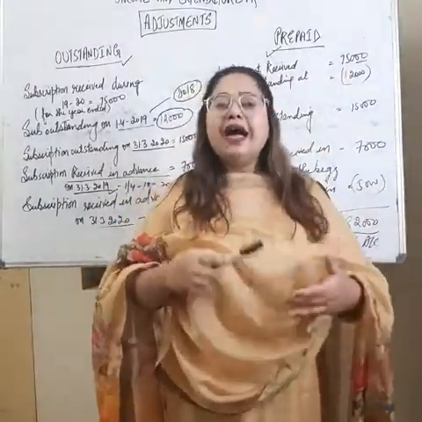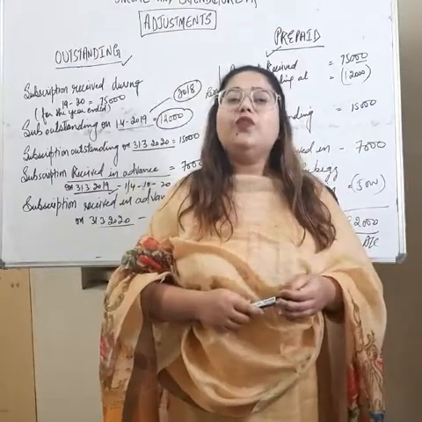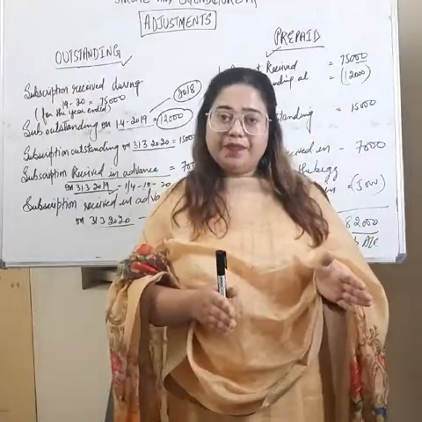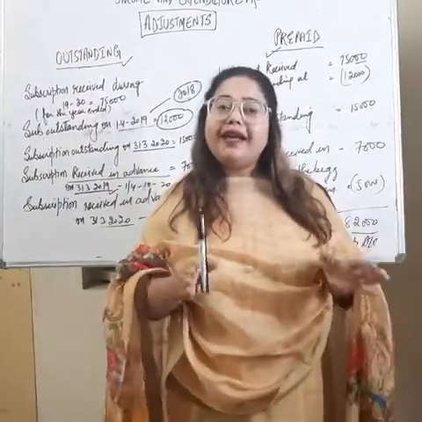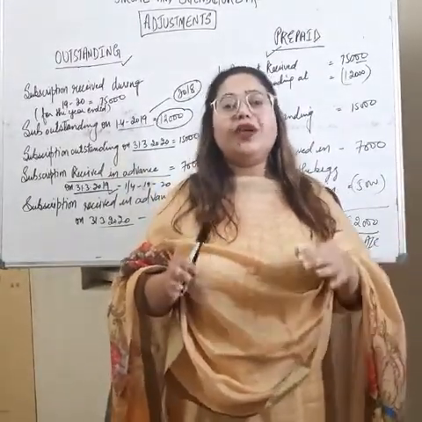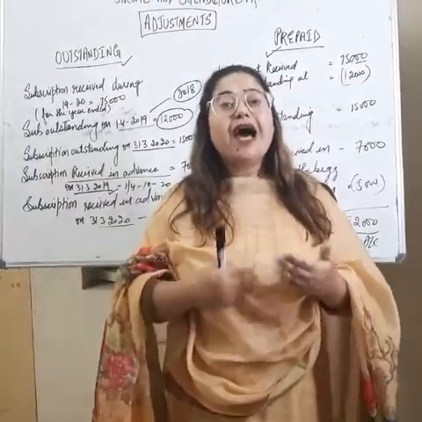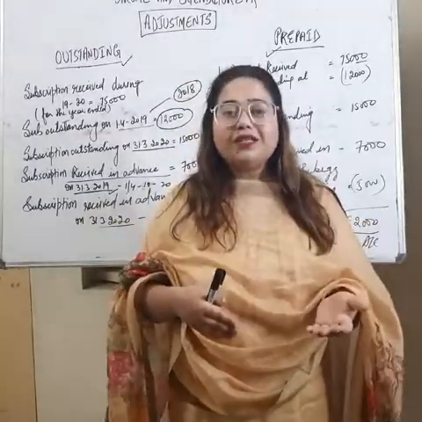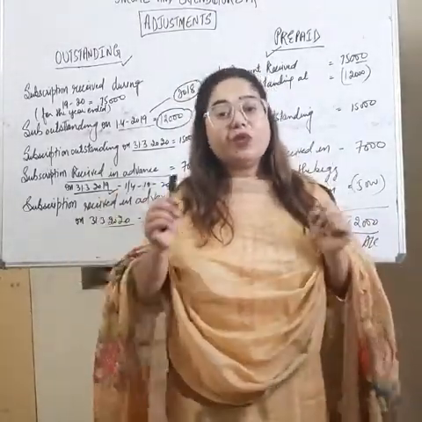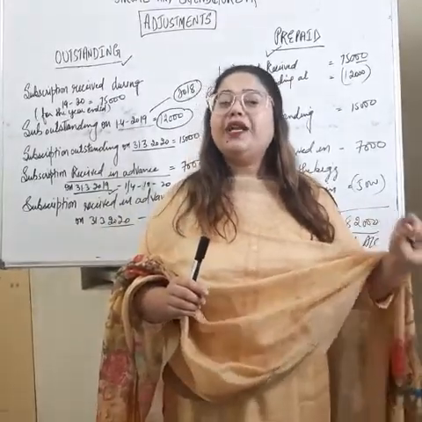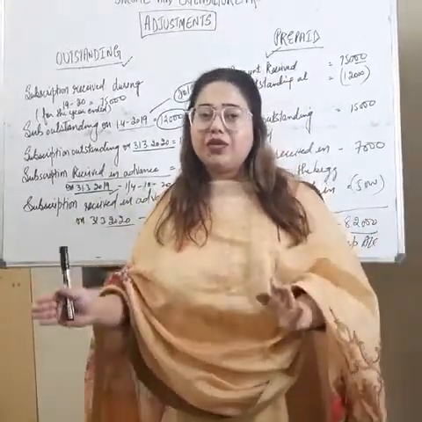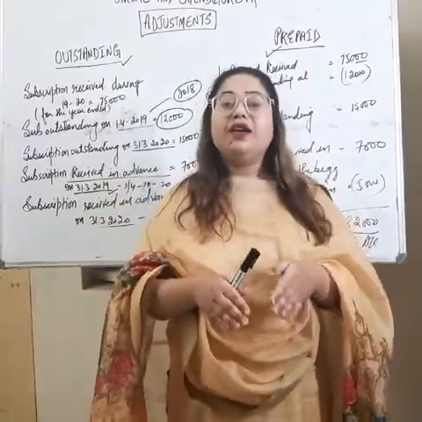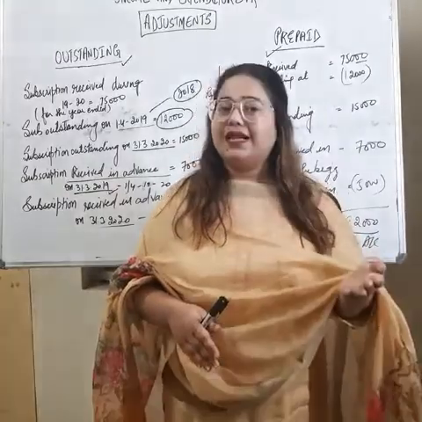To make this more clear, I'll give you one example. For example, I am paying rent in a year that is 1,20,000. It means I have to pay 10,000 per month, right? Now I have already paid 10 months rent, that is 1 lakh, and 20,000 is still pending. Now if I have to consider the total rent to be paid in a year, then what will I consider? 1 lakh or 1,20,000? I will say the total rent to be paid in a year is 1,20,000. It means the outstanding amounts are also included in that year in which that particular expense arises.